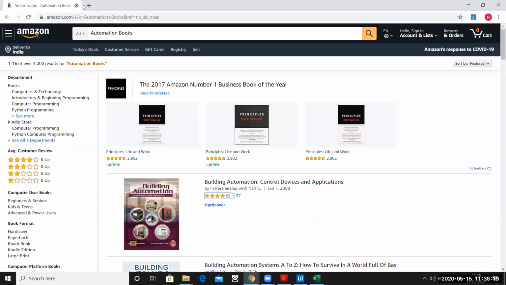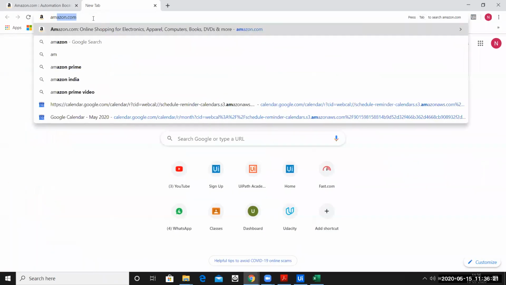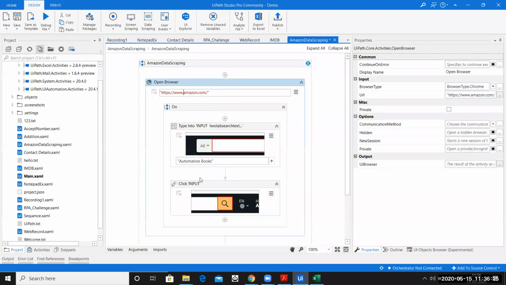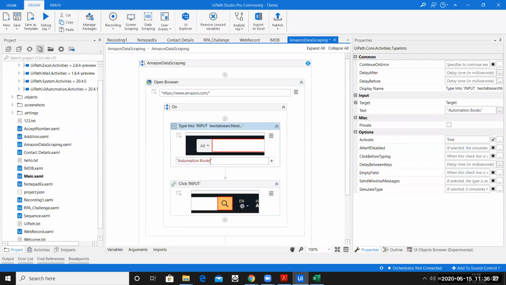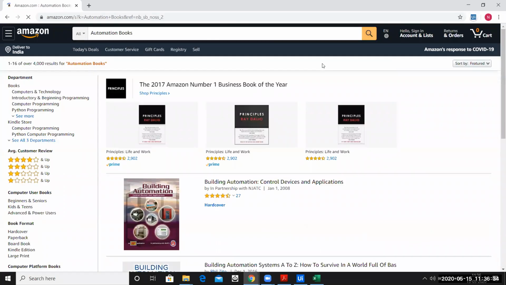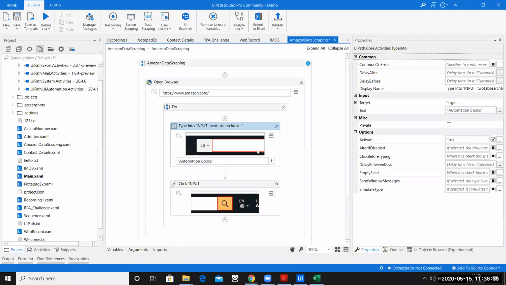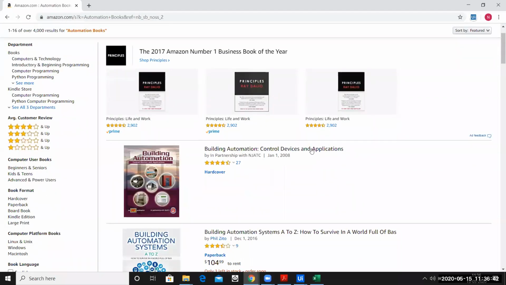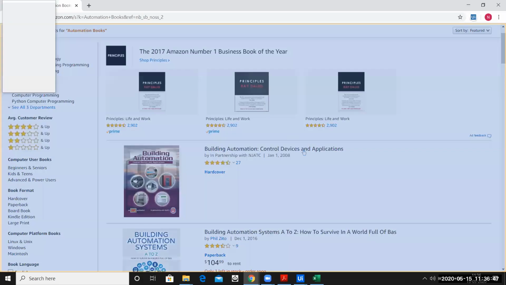Let me open up Amazon.com again and do that, or else the selector would be a mistake. And what do I need to search for? I need to search for Amazon books, automation books, sorry. I'll paste it here. I'll search it. So this is where I need to continue from. So I'll say I want to scrape the data. There you go. I'll click on next. So my first scraping is, what do I need to scrape is, okay, sorry for that.